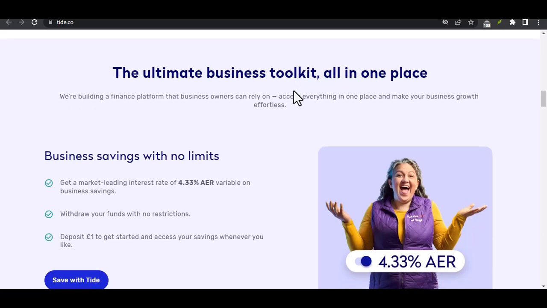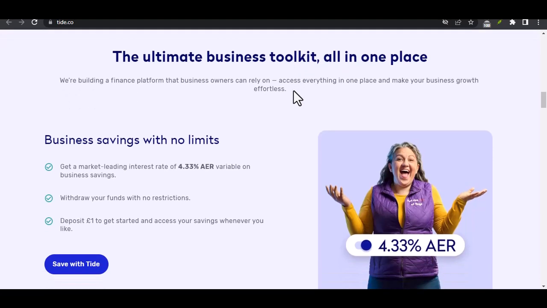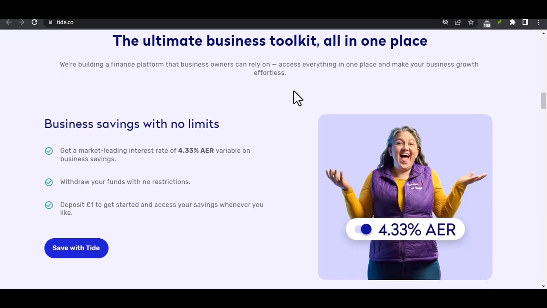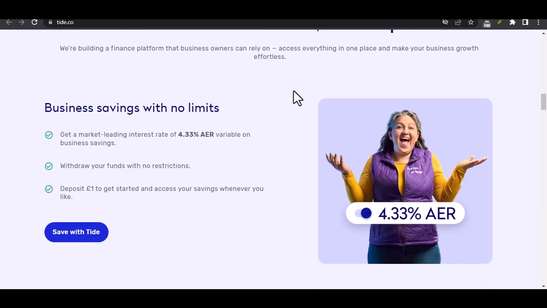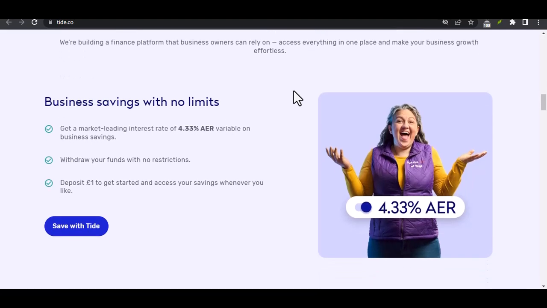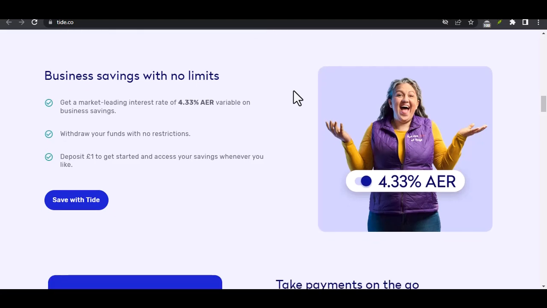Checking your Tide balance is a straightforward process that can be completed in a few simple steps. By following the guidelines outlined in this video, you'll be able to easily monitor your funds and make informed decisions about your